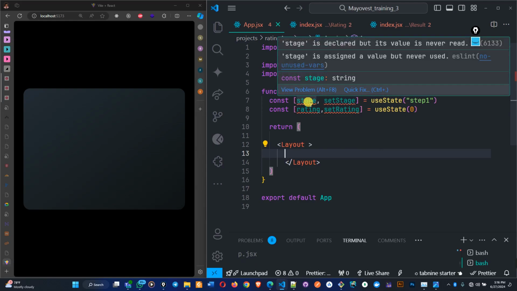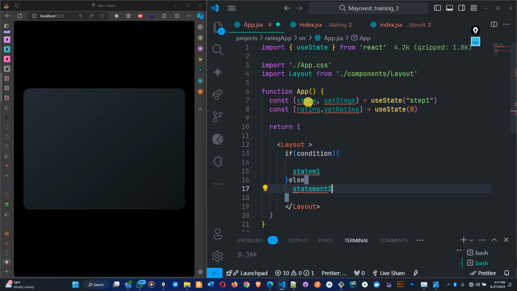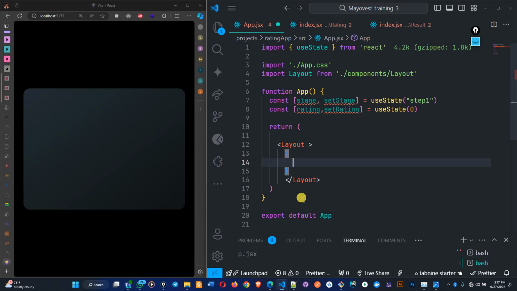When you want to condition anything, you use if, then you have your condition like this. Then from there, you perform statement one, and you perform statement two like that. But you don't do it like that when you are dealing with JSX element. Since we're in the land of JSX element, you can't just call this directly like this. What you have to do is put them inside the curly braces so that it converts to